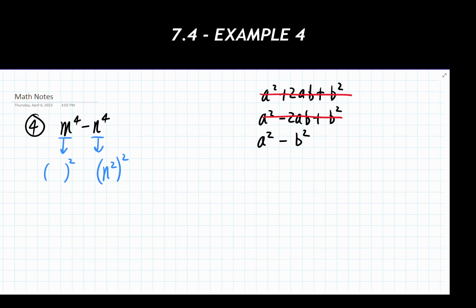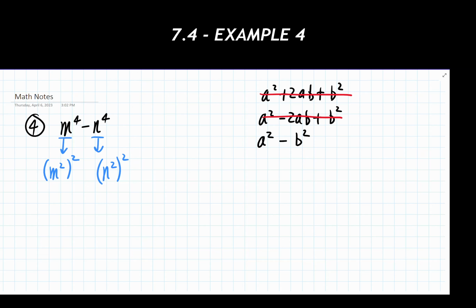Yeah, we'll just rewrite the whole thing. There we go. Again, if we remember back to our properties with exponents, if you have an exponent raised to a power, then those 2 things multiply together. Similarly, same thing over here. So this is the difference of 2 squares. It's just written in a significantly less conventional and less obvious form. But it still is the difference of 2 squares. It's m squared squared. It's n squared squared.